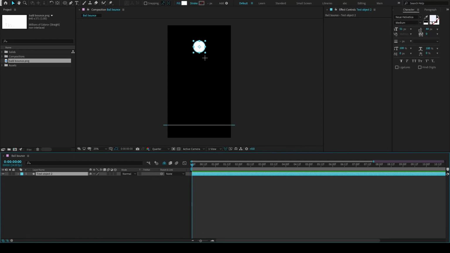We'll be mainly working with the Y position parameter for this. So I'll click on P. The dimensions, I've already separated them. You can again just right click and separate dimensions like this. So you'll make a keyframe in the Y position, press U to show the keyframe, and we'll start with the